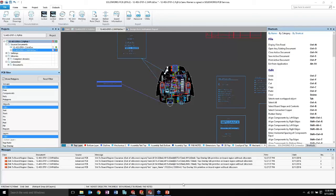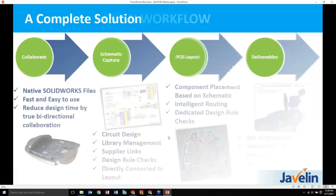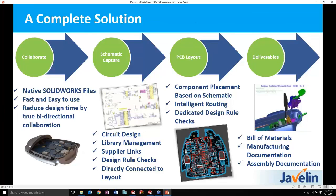So that brings us to the end of the demonstration here. What we've seen today is four things. One is collaboration